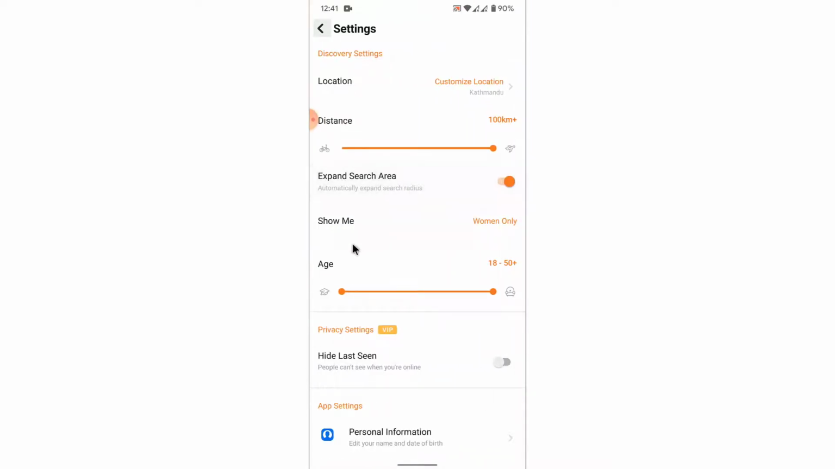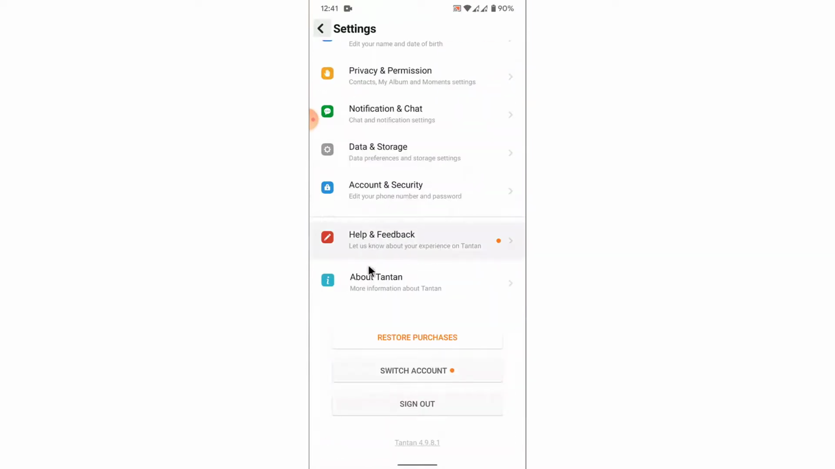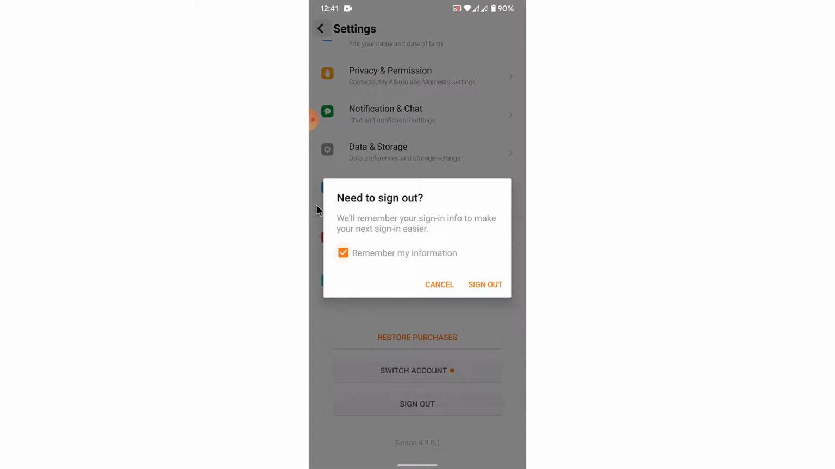Now from the settings option, what you need to do is scroll down to the bottom of the page, and here you'll have three buttons, and the button on the bottom will be labeled as sign out. So in order to log out of your Tantan account, what you need to do is simply tap on the sign out button. Once you tap on the sign out button, a pop-up window like this will open for your